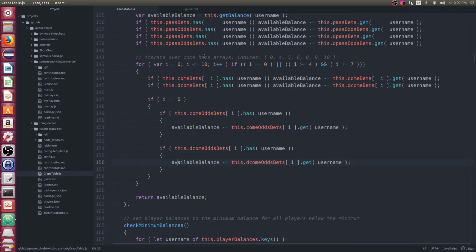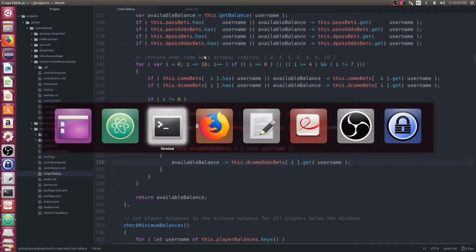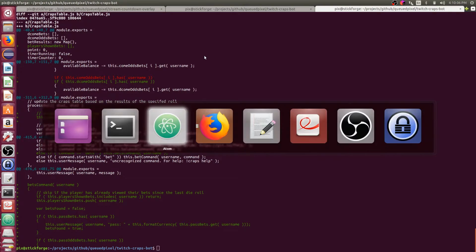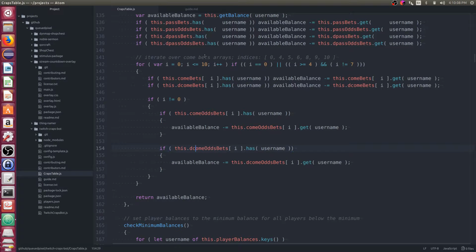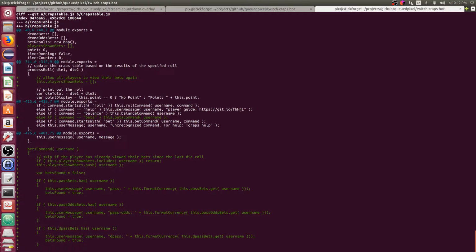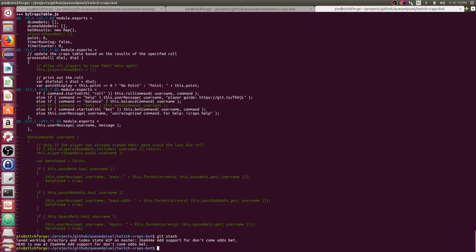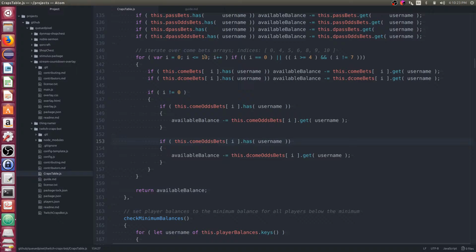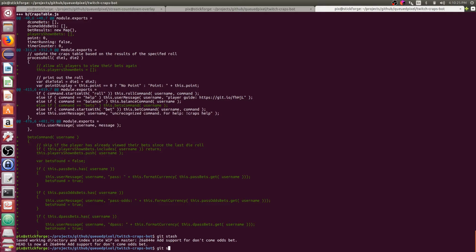Yeah, I think it's this here. Which one was it? On the if. So we remove the D. That should bring that back to what it was. Yeah, so let's do a git stash. Fix that. So git status,